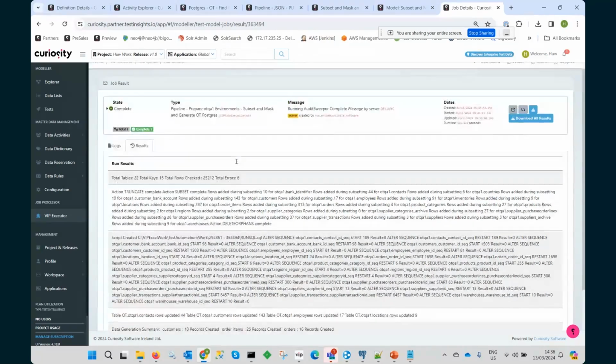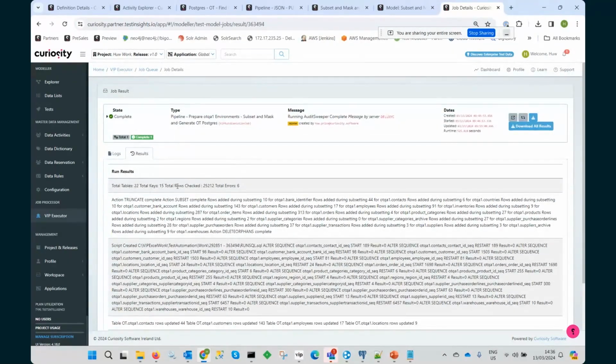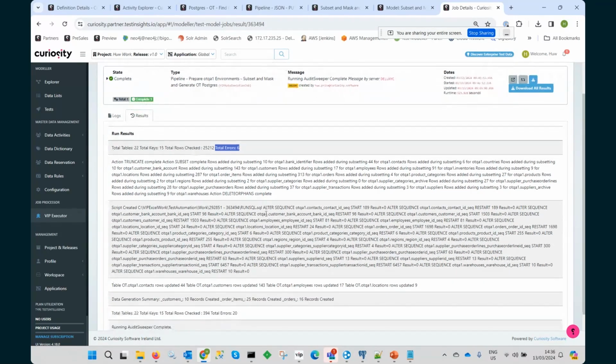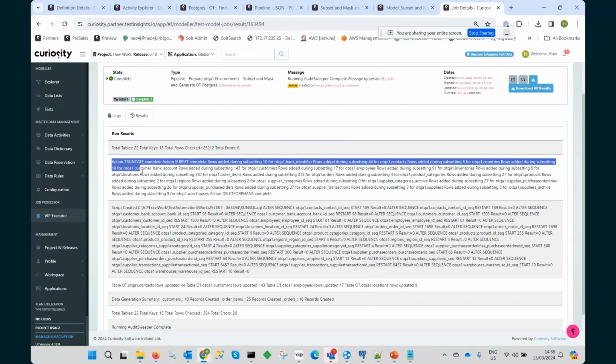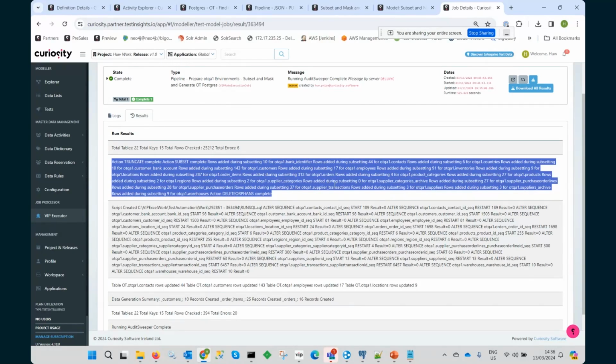First thing we're going to do is a validation of our source, and what we found here is some errors. Now, these errors are not a bad thing. It's just informational. In this case, we're playing around with some IBAN numbers to make sure that we can identify our bad IBAN numbers. This is our subsetting, and this is a standard subsetting, and this has walked right across the database